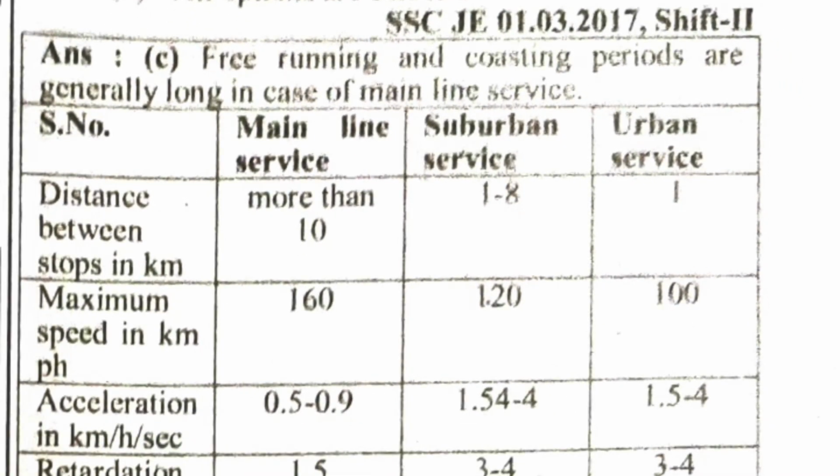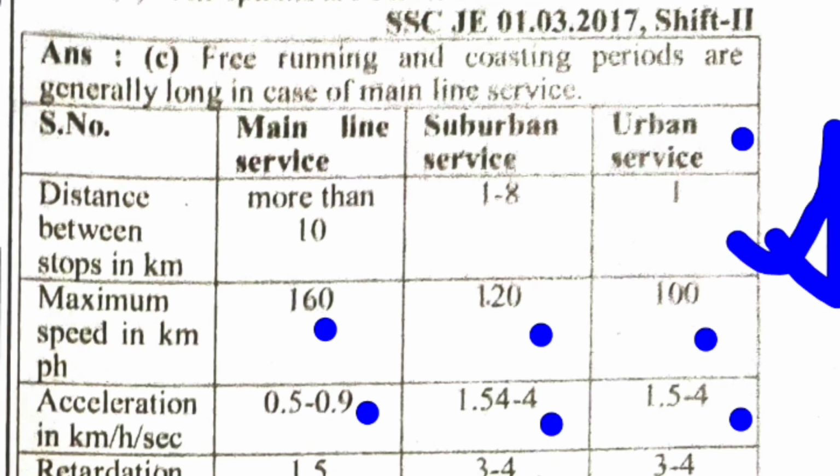यहाँ देखिए कुछ चार्ट दिया हुआ है, मेन लाइन, suburban सर्विसेज और अर्बन सर्विसेज. डिस्टेंस बिटवीन स्टॉप्स इन किलोमीटर, मोर देन 10, 1 to 8 और 1, ठीक है. मैक्सिमम स्पीड इन किलोमीटर पर आवर 160 इन मेन लाइन, 120 suburban और अर्बन 100 होता है। एक्सलेरेशन 0.5 to 9, 1.5 to 4, 1.5 to 4। रिटार्डेशन इन किलोमीटर पर आवर पर सेकेंड 1.5, 3 to 4, 3 to 4। ये आपका इंपॉर्टेंट है, इसमें से ऑब्जेक्टिव पूछ सकते हैं।